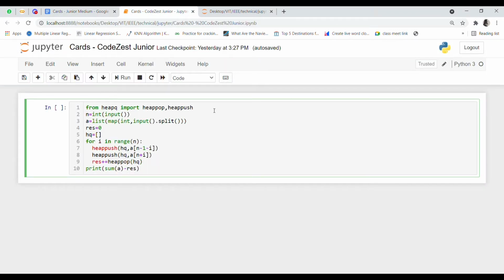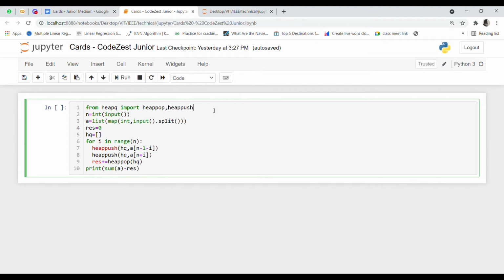For implementing this code, we have used heapq. So heap is basically a data structure which is used to store all the elements in a sorted manner. From heapq, we have imported heappop and heappush. When we use heappush, an element is added in the appropriate position in the heap, and heappop returns the smallest element from the heap. Suppose we consider the heap as a sorted array, then heappush will add the element in the sorted position, and heappop will remove or give back the smallest element of the array, which is our heap in this situation.